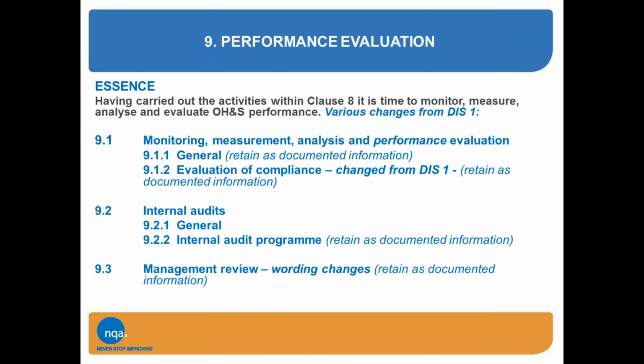Now, a management review is looking at the effectiveness of the management system to deliver the required output. Some of the things that are included in management review may also be covered in operational reviews. So you may look at internal audit performance or accident performance at operational reviews. But this is looking at the way the management system in its entirety is coming together and is effectively implemented, so that you're establishing, does it do what we need it to do?